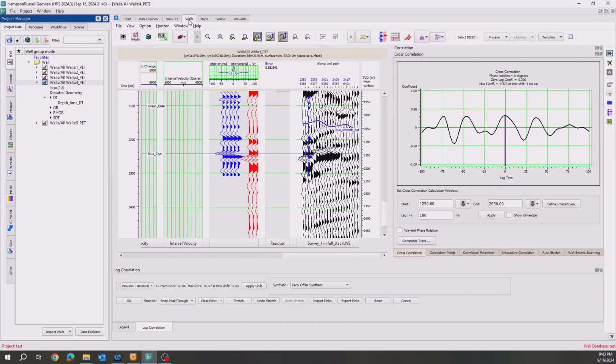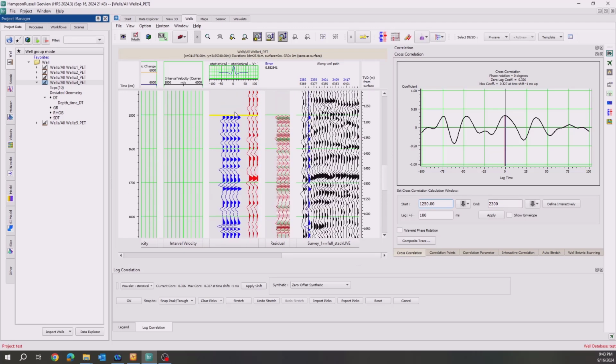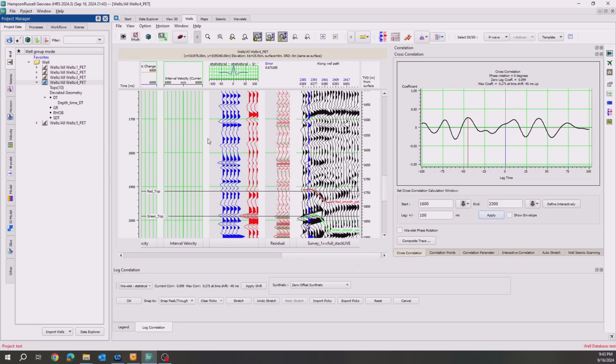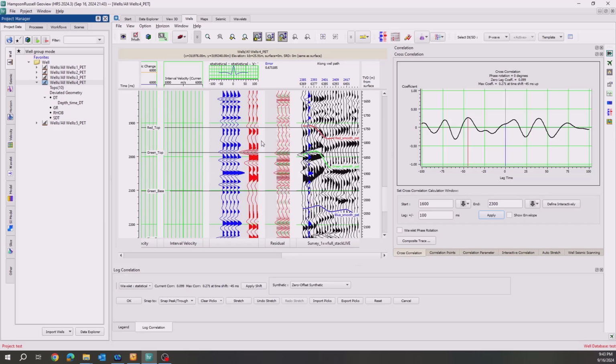So let's go back into the well scene. So it's been applied already. I'm already looking at, let's change the correlation window here. So go down to 2300 and say from, okay. So